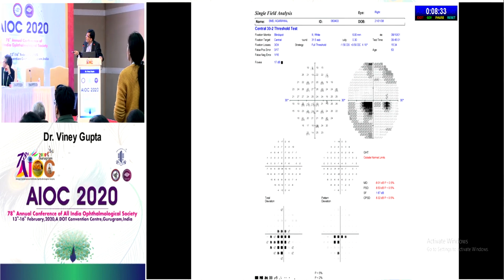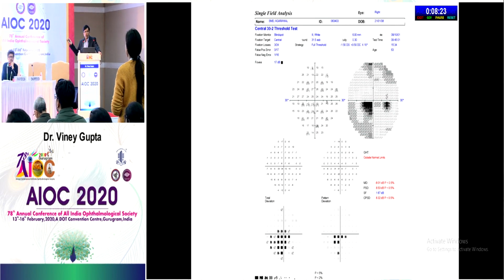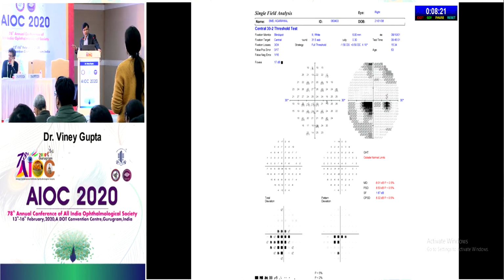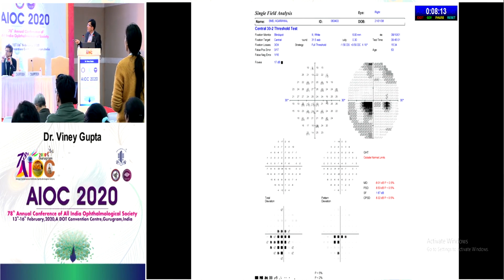What is the foveal threshold? 17. Is it good? No. Normal foveal threshold is approximately 30 plus, yes? 34, 35, but this is a very low foveal threshold. In glaucoma, the last to get lost is the central, isn't it? The fovea is last to get lost. So therefore, to have a 17 is obviously something more than glaucoma. There's something else going on here, yes?